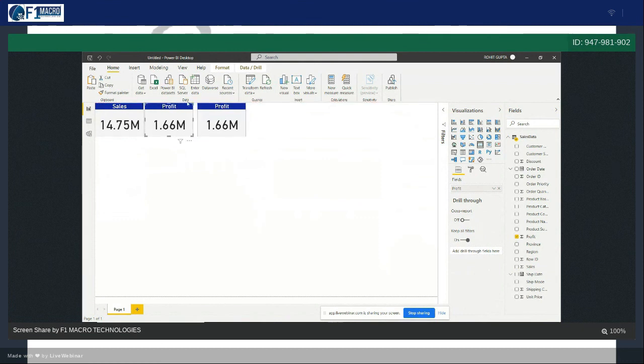So now let's come to the DAX expression. I'm not going to talk about each and every feature today, only some basics. So you have to create a measure, you have to do some calculation.